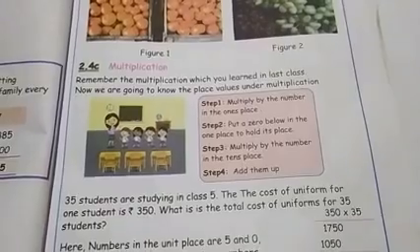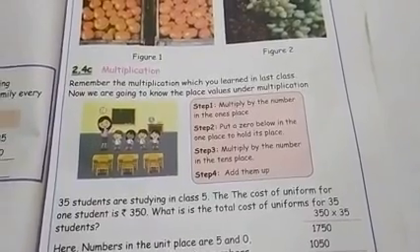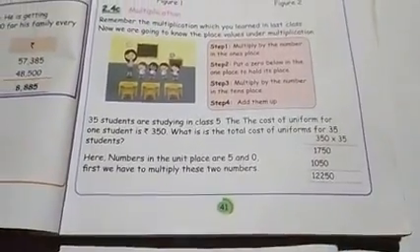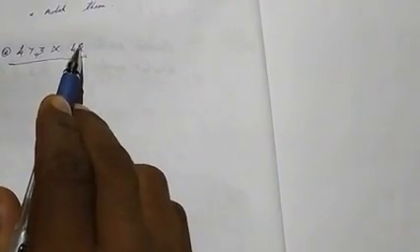Okay. First thing, we need to take a number. For example, I am taking two numbers here: 473 multiplied by 48. For this, we need to know the 8 table and 4 table. This is the ones place. This is the tens place. Two-digit multiplication. Shall we do it now?